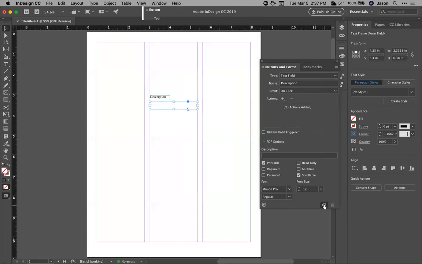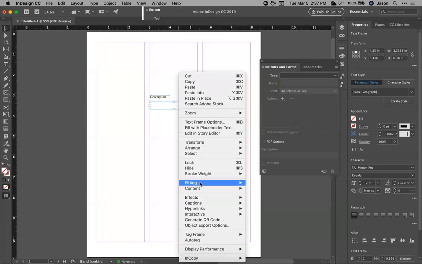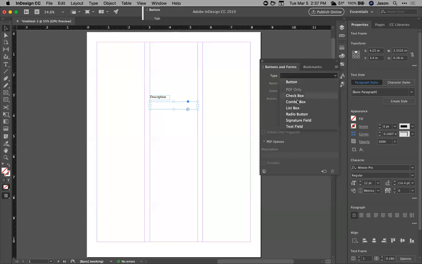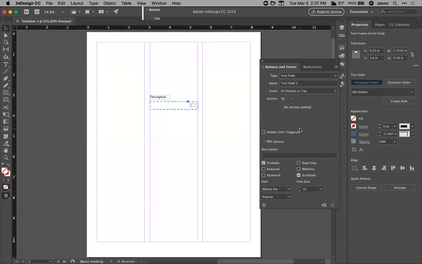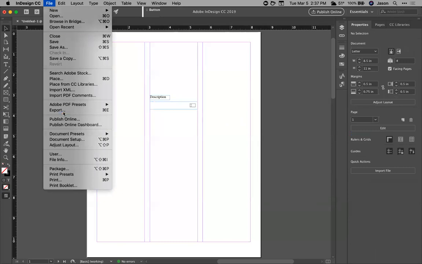And then I'm going to just say convert to, whoops, not what I meant to do. That's the other way to do it. You can right click on it and convert it from here. But I just converted it back the other way around, so we'll just set that up again. Make that a text field. And the rest of that, we'll just go on a click. Okay. So since I have that set like that now, if I come up here and I export this,